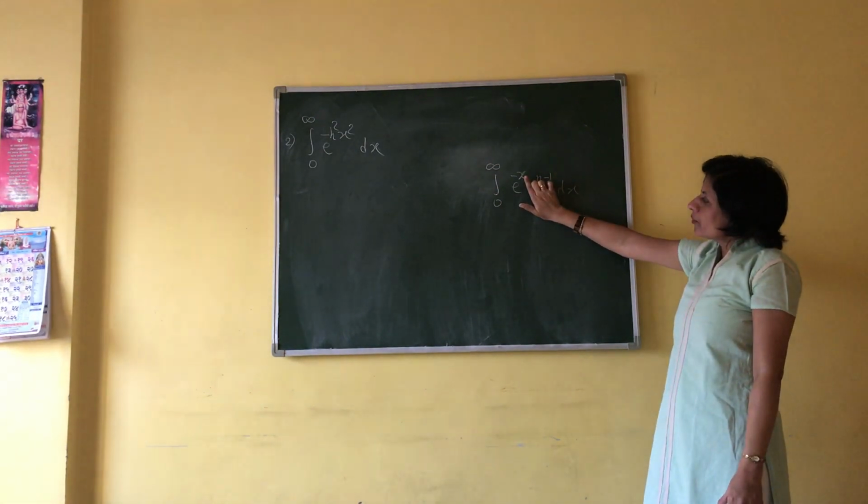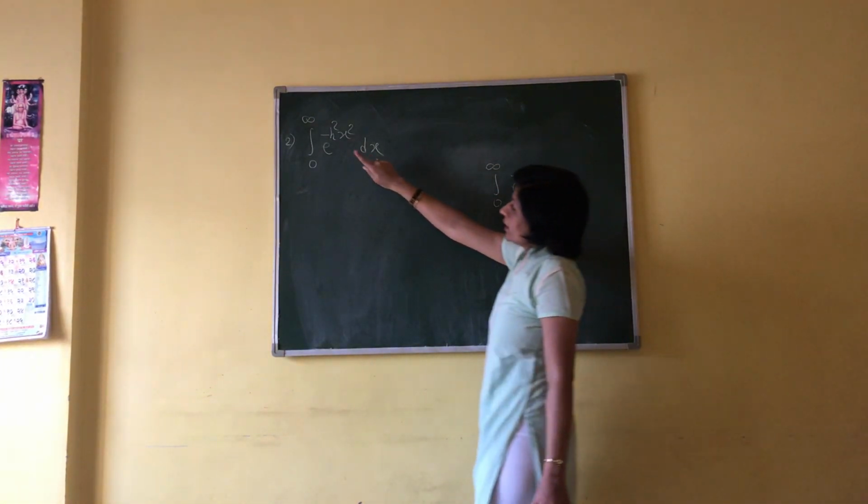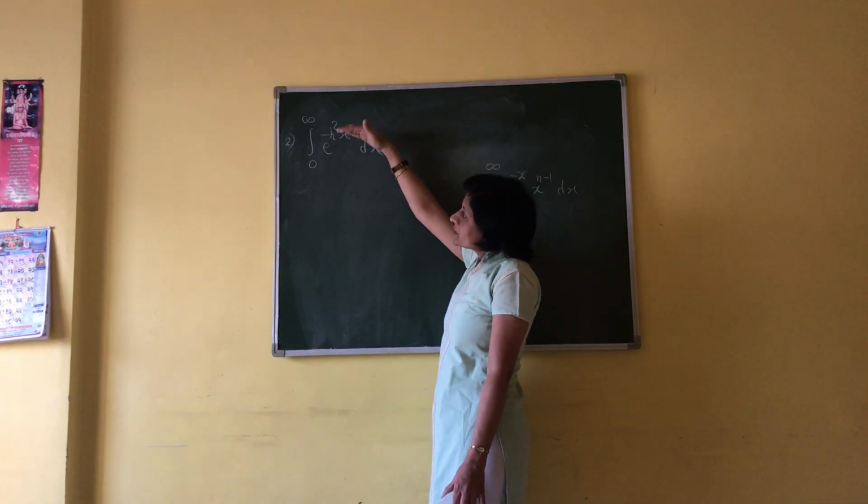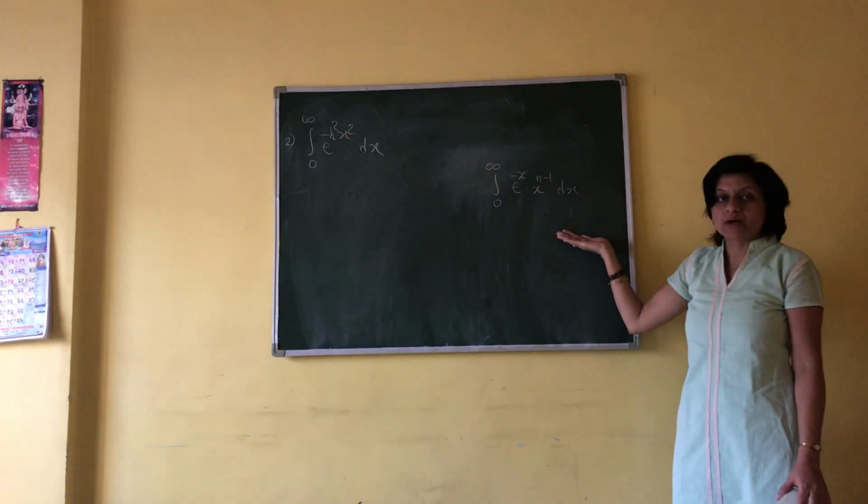Okay? Here power of x is 1, but here in the given example power of x is 2. Means reduce this integral to gamma. Means put